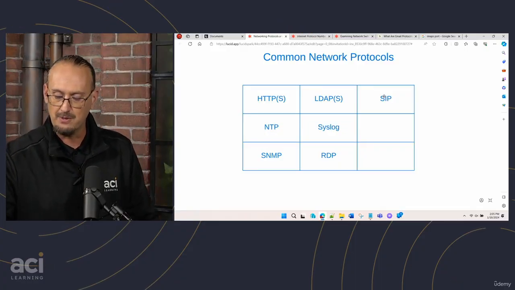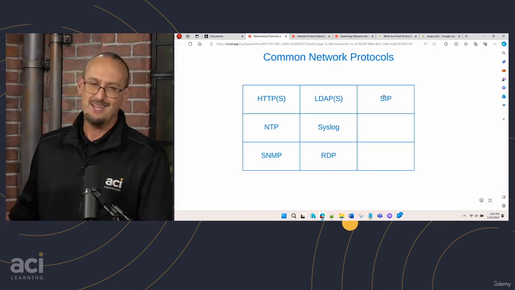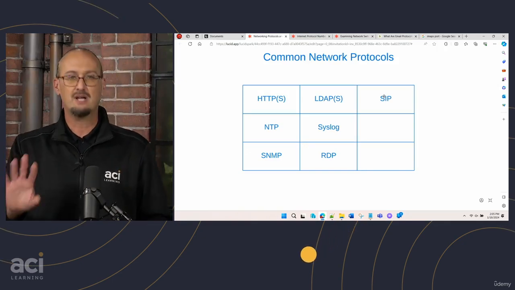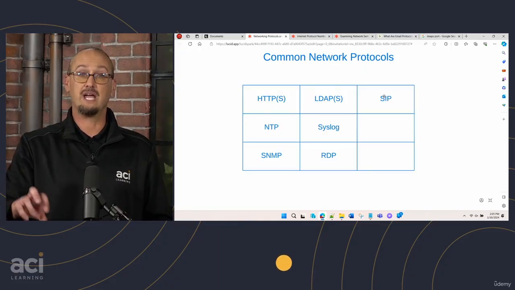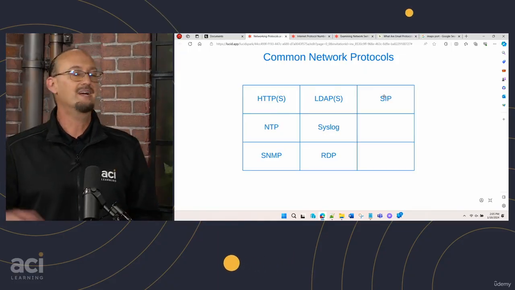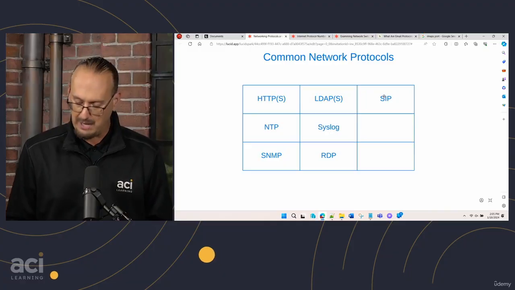All right. So remember, this is for the signaling and controlling of, they say, multimedia communications, real-time streams and stuff. A lot of times you'll see SIP communications. If you've ever worked in voice over IP, you'll see a SIP call come in. A lot of times we use it in voice over IP communications.